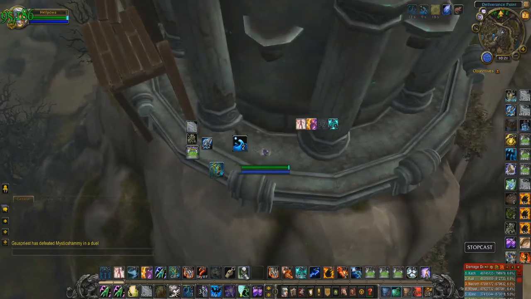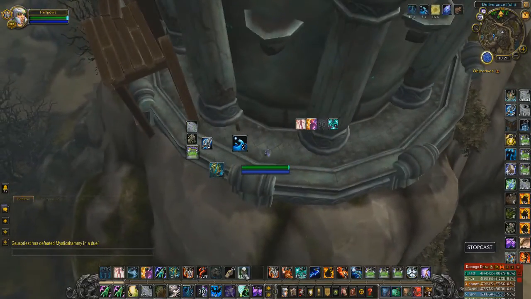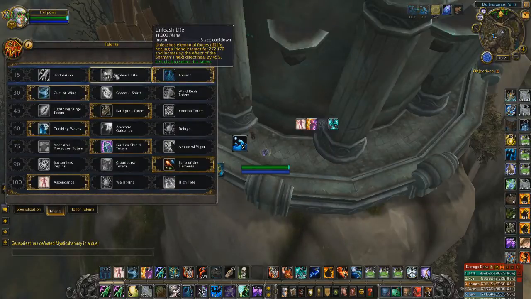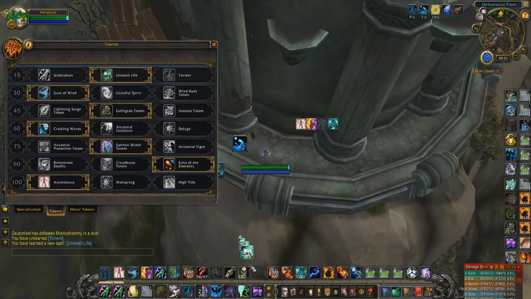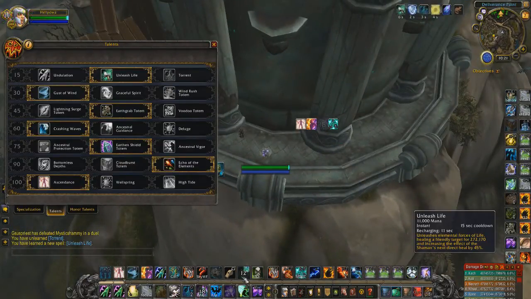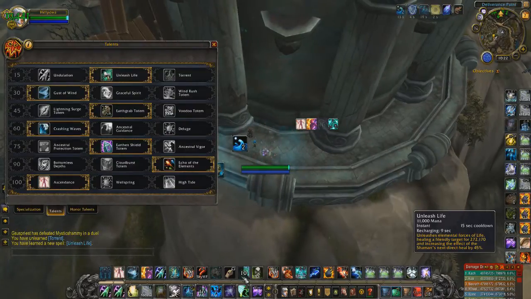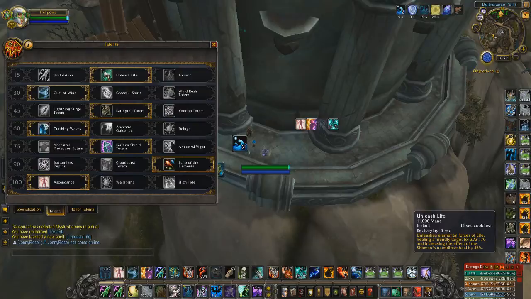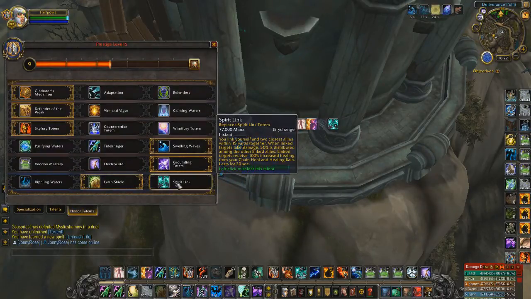I used to have undulation on here, but you don't really use undulation anymore. I mean, not undulation, unleash life. Yeah, unleash life was here since forever. Since unleash life was introduced, I had it here. But now I only use undulation if, even when I pick the spirit link talent